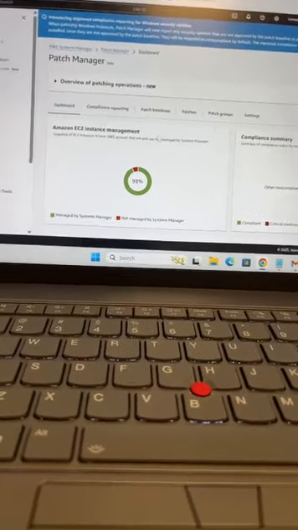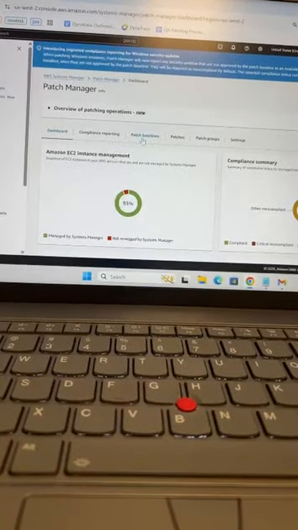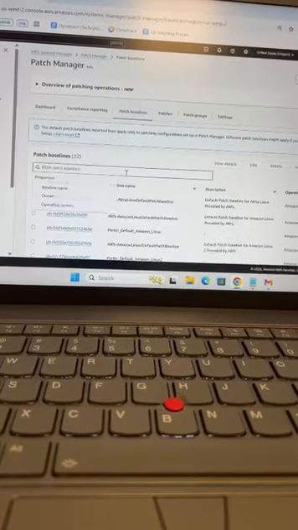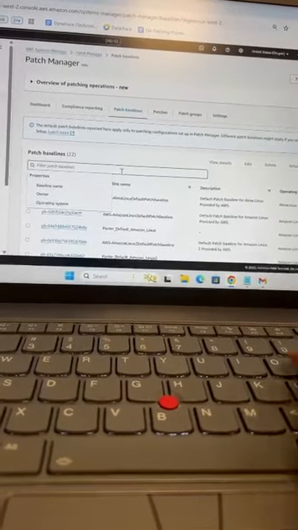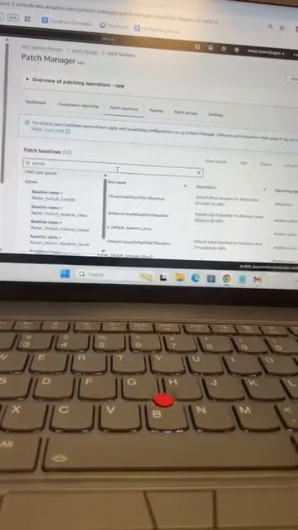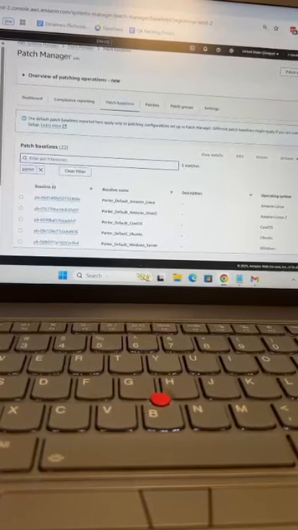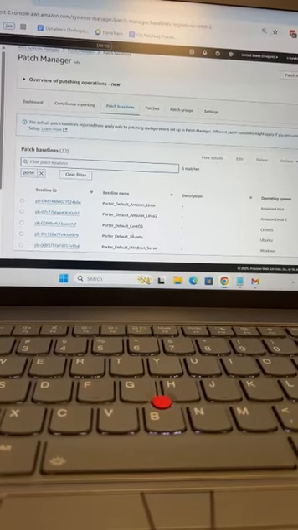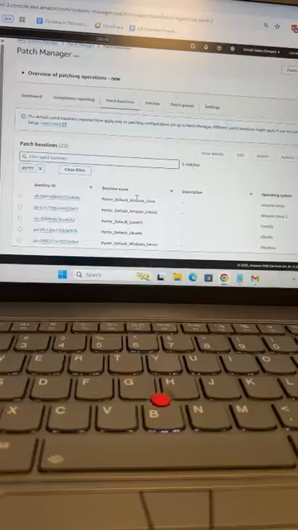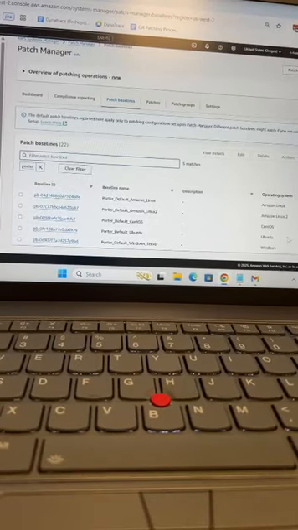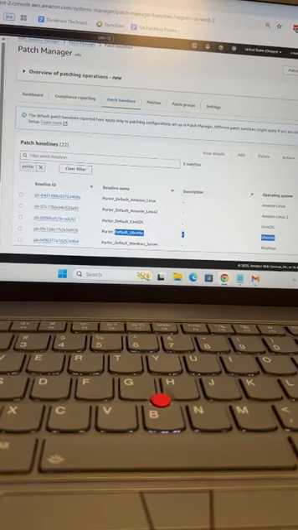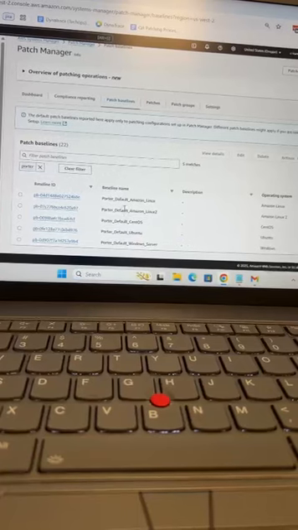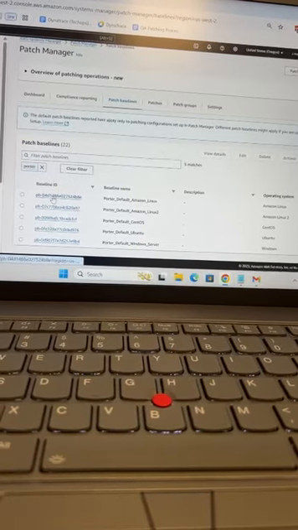So this is the patch manager. Go to the patch baseline, then we search with Porter, and you can see this 1, 2, 3, 4, 5. So we will just exclude the Ubuntu, and for the rest of it we'll just click on it